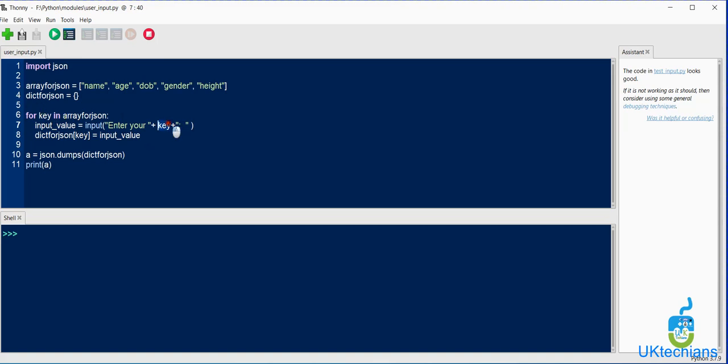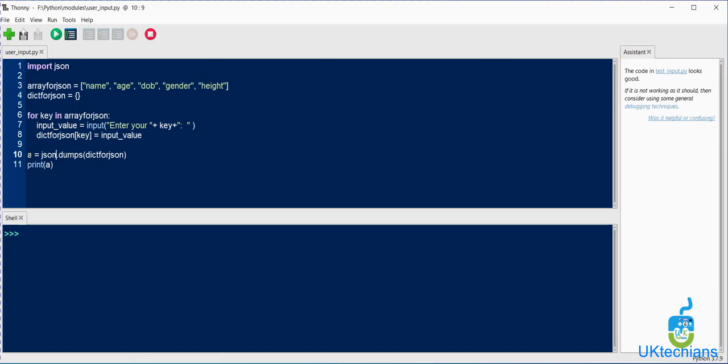Whatever key is here, representing name or age or date of birth, the key will be stored here and the value will be stored here. And then after the loop finishes, the dictionary will be formatted as JSON by using json.dumps, right? And then we print a variable.